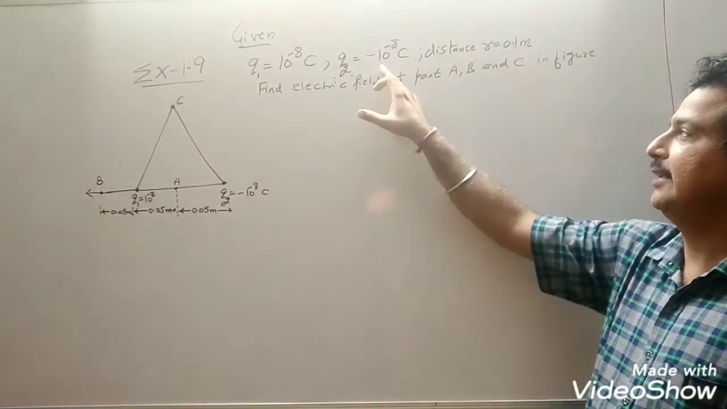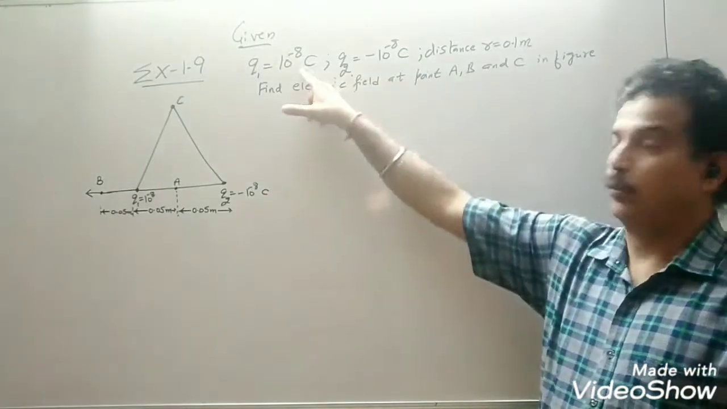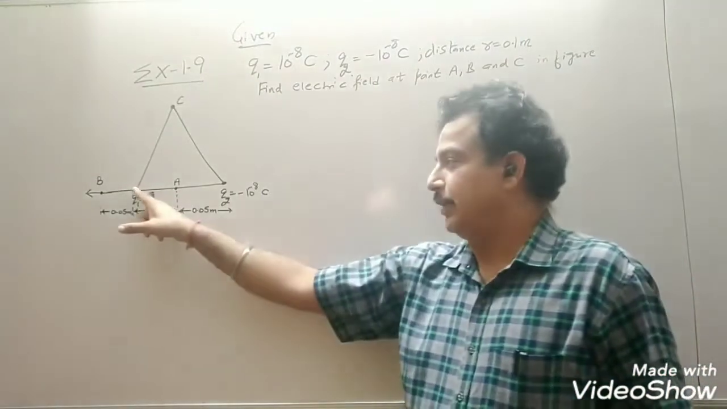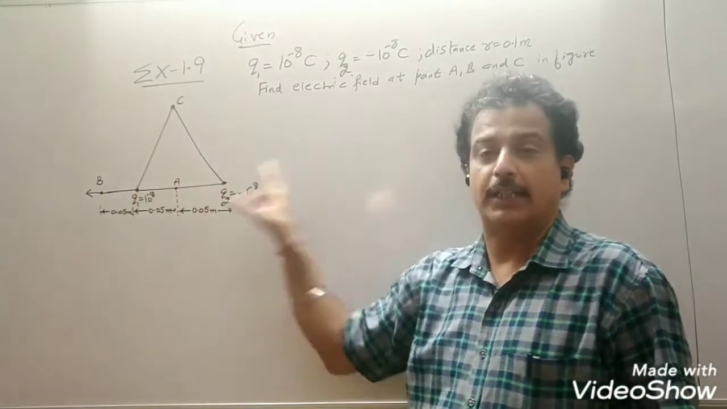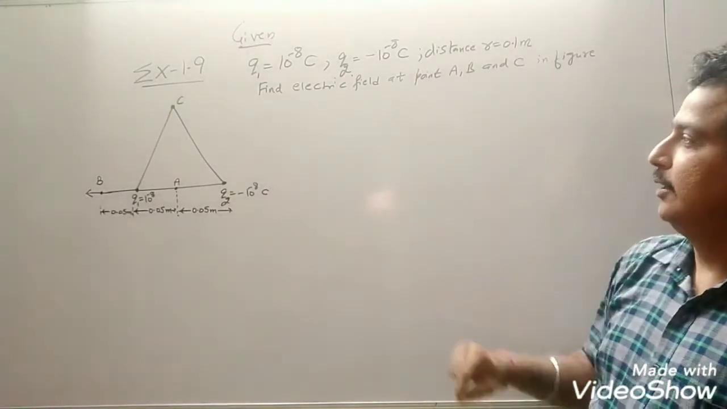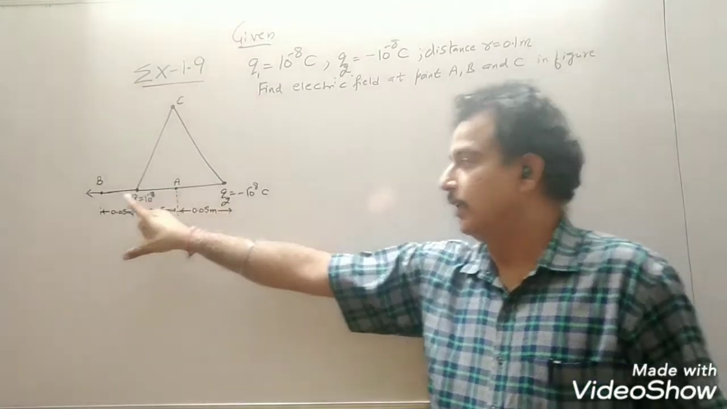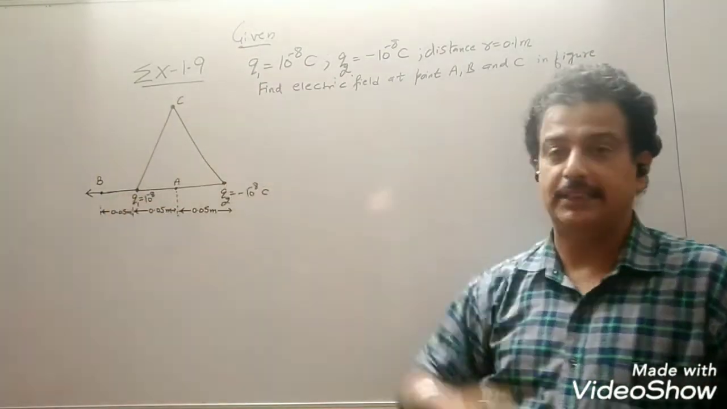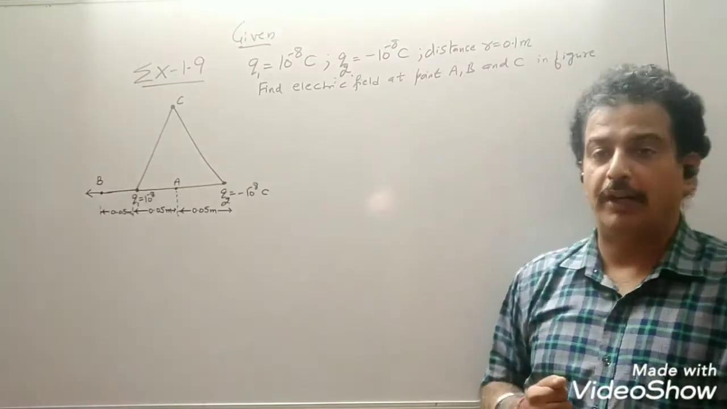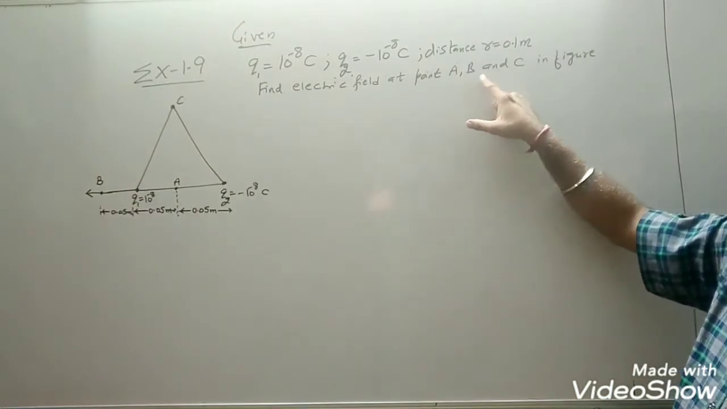coulomb and minus 10 raised to minus 8 coulomb. So one is a positive charge, one is a negative charge having the same magnitude, kept as shown in the figure at two vertices of the triangle. And we have to find out the resultant electric field intensity at point A, point B and point C. So there are two sources and we have to find the electric field intensity at point A, B and